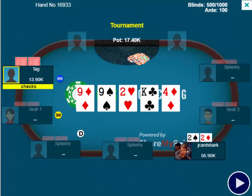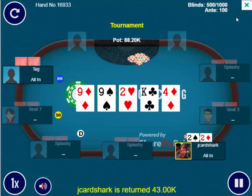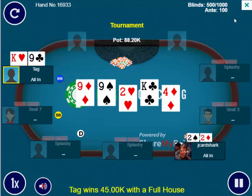If he has a hand like pocket fives or pocket sevens, which maybe he shoved those pre-flop, but maybe he doesn't, if he has a hand like that, we definitely want to shove to get full value from those because those hands probably aren't folding either. So this is a spot where I think we definitely need to go all in. And that is what we do. Our opponent calls, and we are happy. Oh, until we lose. So,